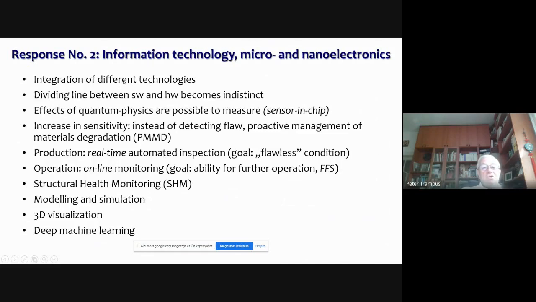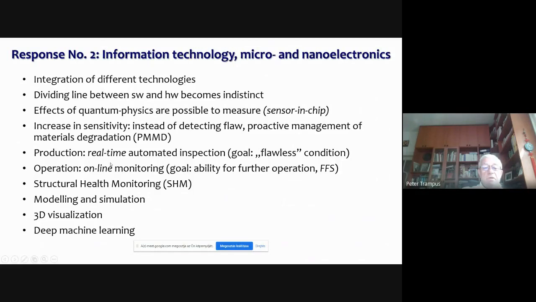Different integration of different technologies. Dividing line between software hardware becomes indistinct. Effects of quantum physics are possible to measure. Increase of sensitivity. Instead of detecting flaws, proactive management of materials degradation comes into the picture.